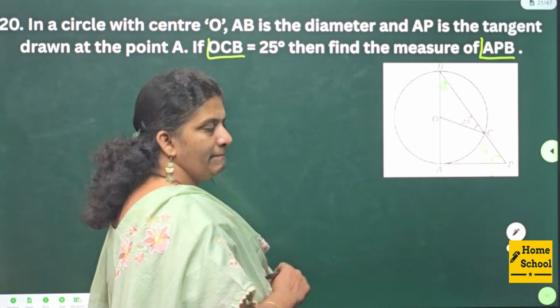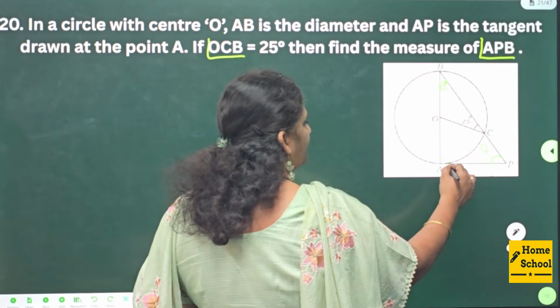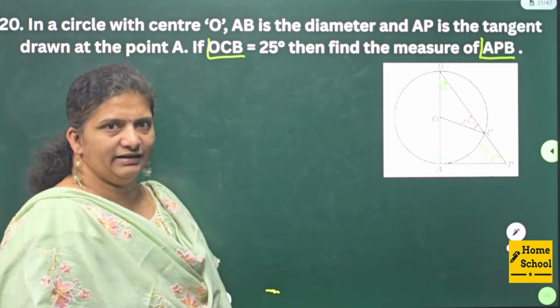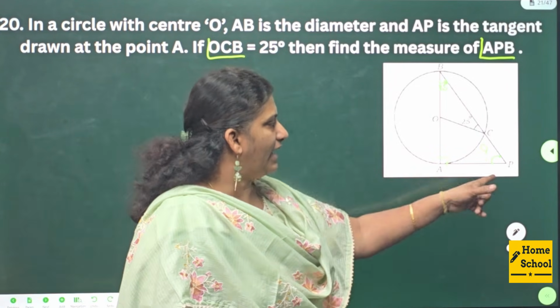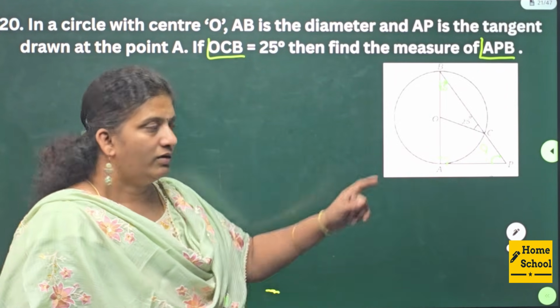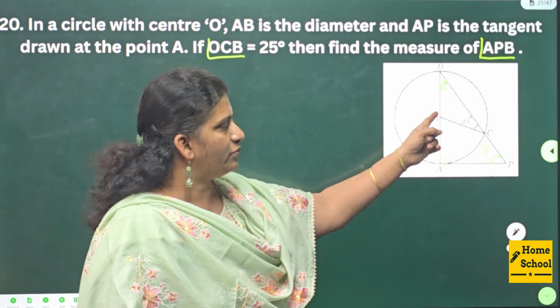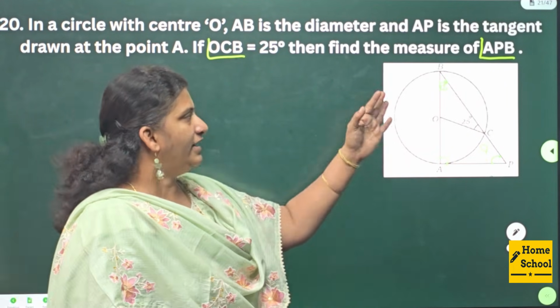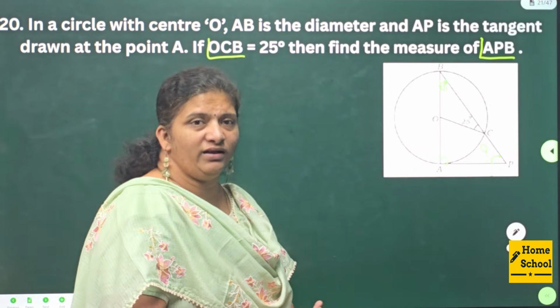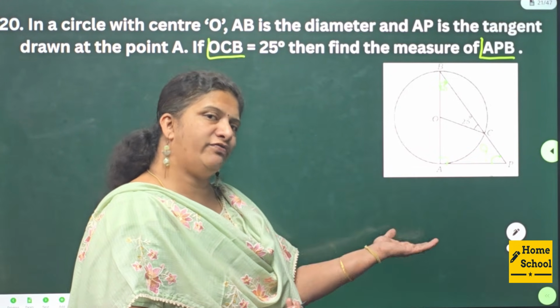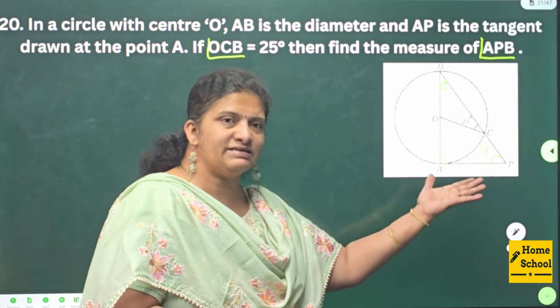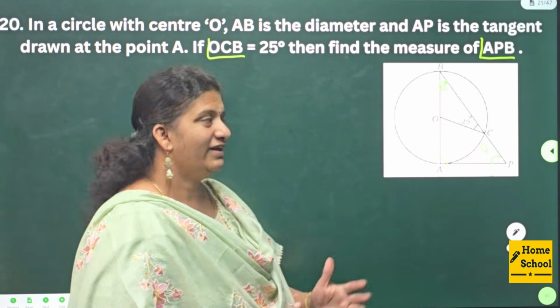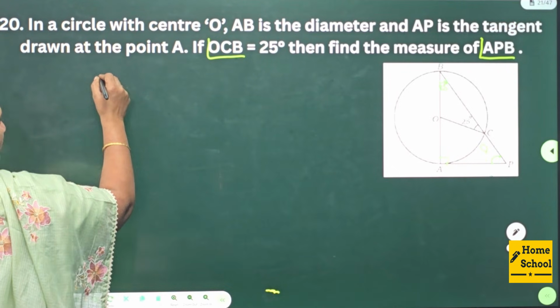25 degree. If this is a tangent, this will be a right angle. Now, in triangle ABP, we know this is 90, this is 25. Can't you find angle P? It's very easy. 90 plus 25 will be 115. In 180, if you subtract 115, angle P is 65 degree. How to solve this? We know